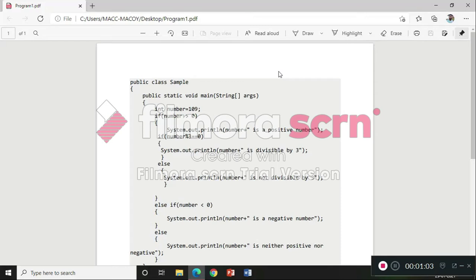And if the number is positive, then later on check whether the number is divisible by 3. I would like to repeat: write a program to find out whether a number is positive or negative, and if it is positive, then figure out whether it is divisible by 3 or not. So now let's start.